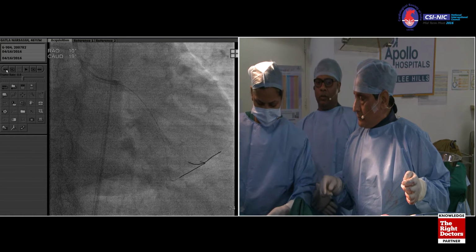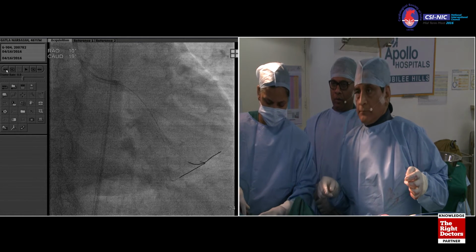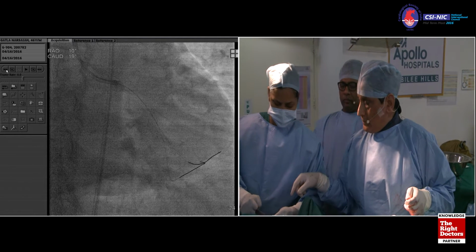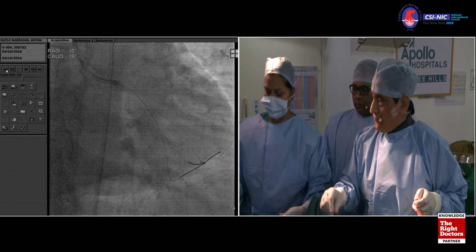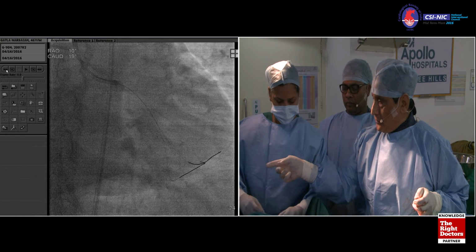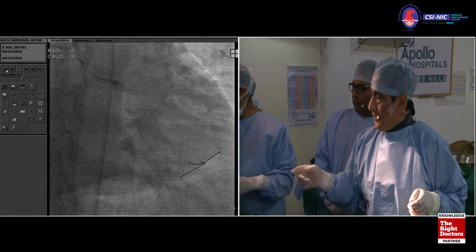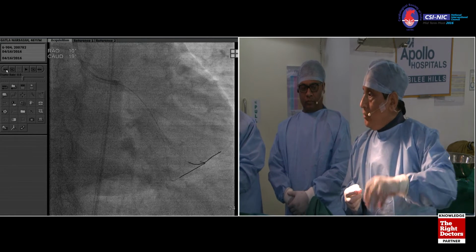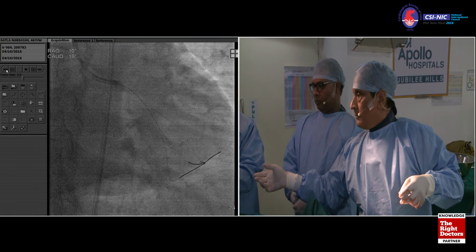Maybe you should have dilated a little more proximally as well. Yes, go. No, I wanted to, but remember the balloon ruptured. Okay, so now we have two 2.5 high pressure balloons. Give us those two. What sizes do we have? Okay, but we need a non-compliant now.